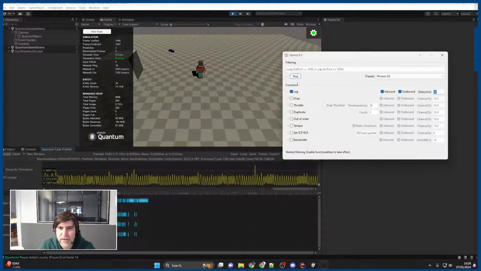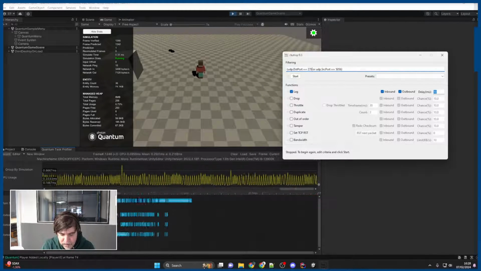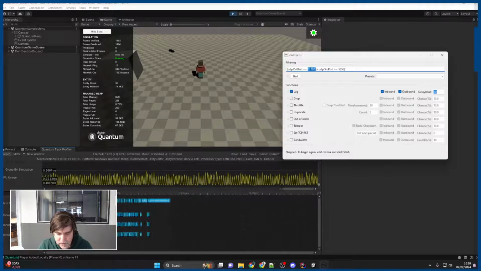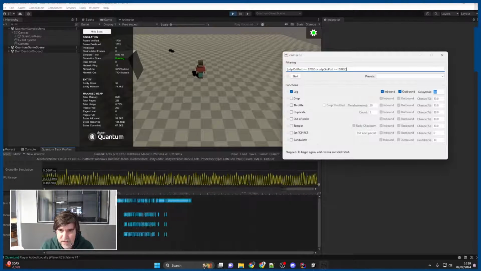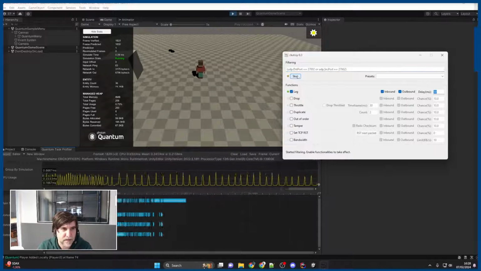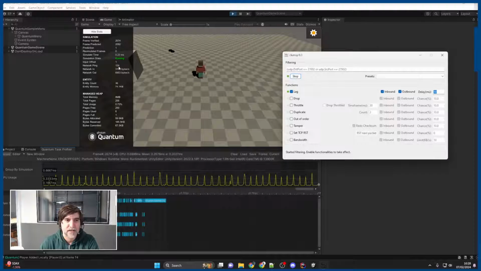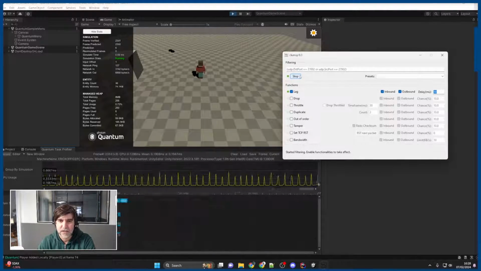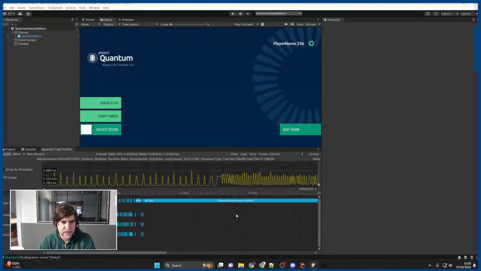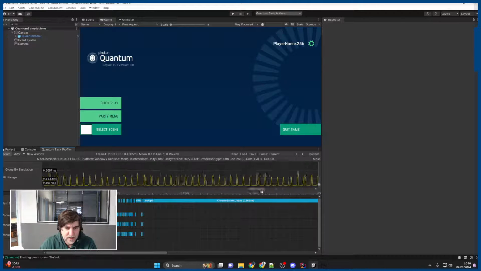Oh, I know why. I think we're using this port. I'm guessing I should use Wireshark to confirm, but I can just try. Yeah, now it worked. So we're running at 120 milliseconds ping now because I added 100 milliseconds ping from Clumsy, and we'll clearly see a difference here. So if we look at the whole history,